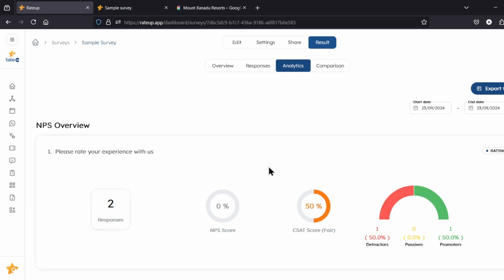to take further actions. So if you want more positive reviews on your Google business page, you can use RateUp